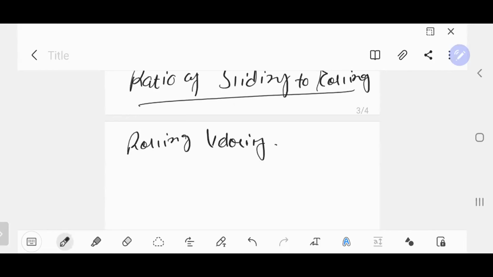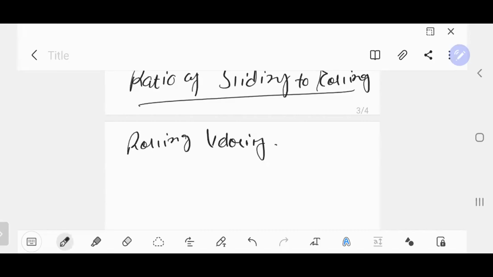One more thing. This tooth is pushing that tooth downside, or this one is pushing upside. Either way, one is pushing the other like this. So this is the sliding velocity. Are you getting? Two different velocities. The rolling means this one. This is the roll, and another one is pushing downside like this. See, this is the sliding. This is the thing we are finding regarding the meaning of this.